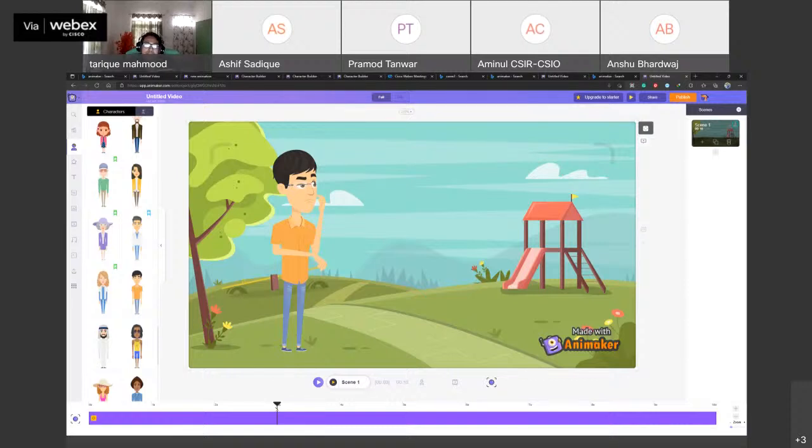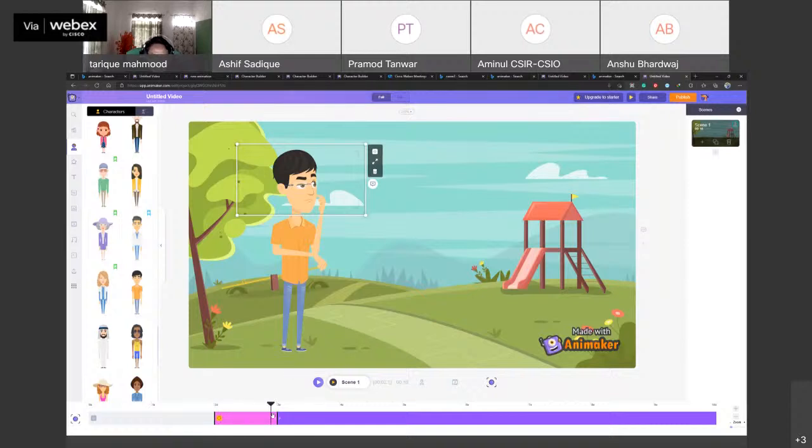I have given that one shot only close up shot, right? So what we can do, we will simply drag this seek bar and put it at 2 seconds, and we will click this icon. You can see here, this is the camera effect icon. After clicking this icon, I can put this box and I can also scale it as I want. Okay, so I have scaled it and I have put this camera to